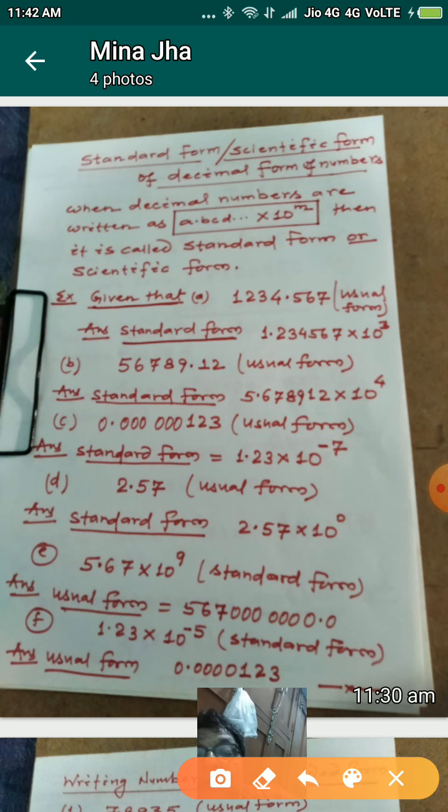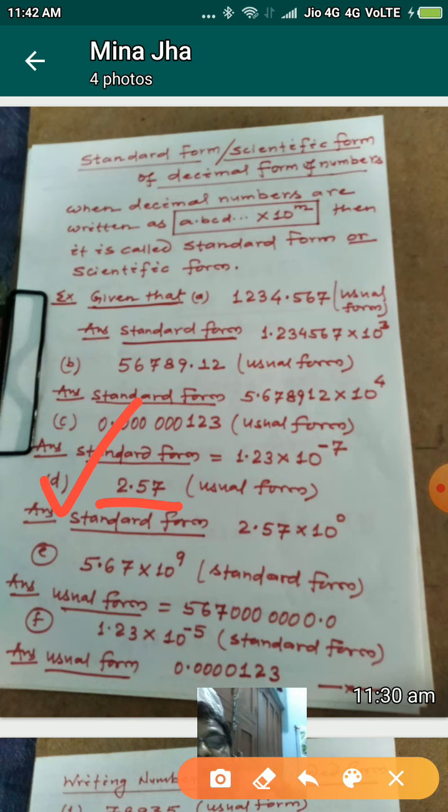So we take one more example, for writing in standard form when the number is given in usual form. It is 2.57, given in usual form. Now we want to write this in standard form. You know, in standard form the point should be after one non-zero digit, and it is already in that style: after one non-zero digit the point is. So in the question it is also in standard form.